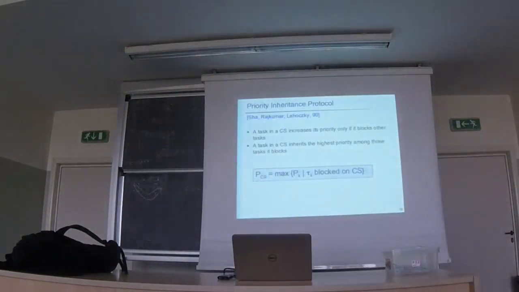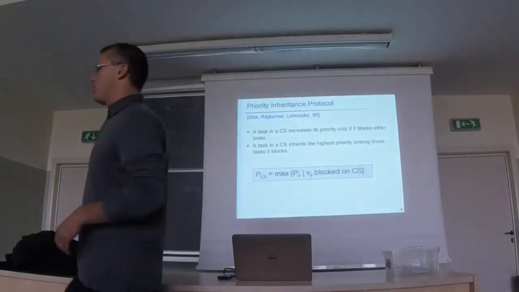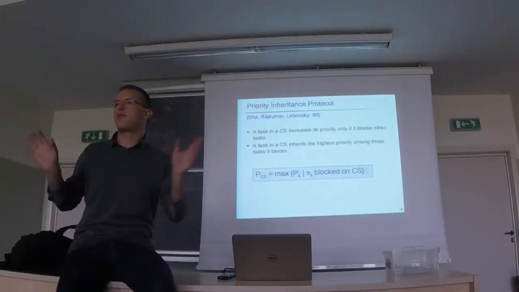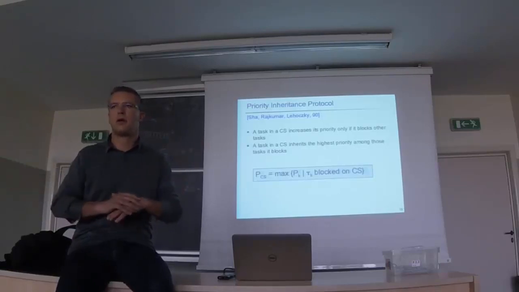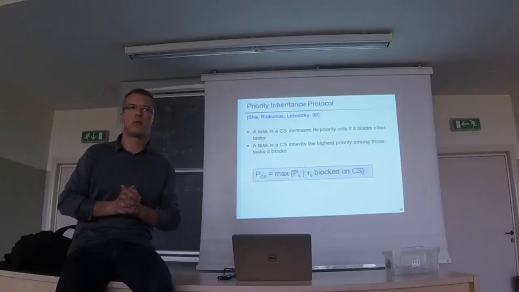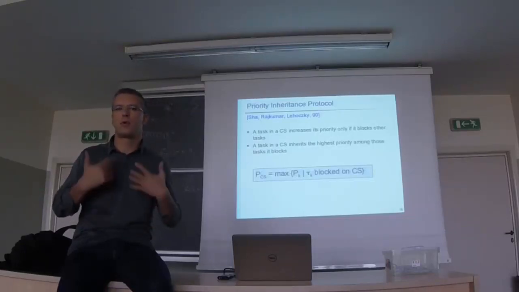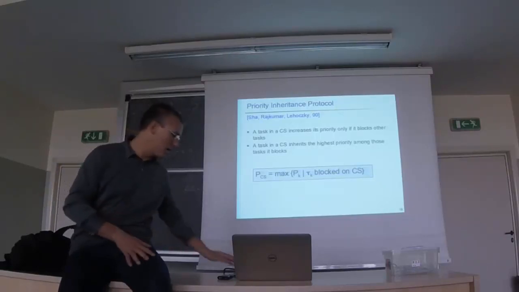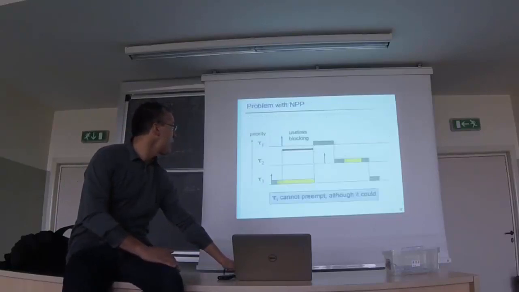So when we assumed that tasks were independent, we did not have any problem about blocking and stuff like that. Tasks were independent, EDF was optimal, rate monotonic was optimal priority assignment. When we integrated the problem of mutual exclusion, then we realized that there may be priority inversions. One of the bad things that may happen